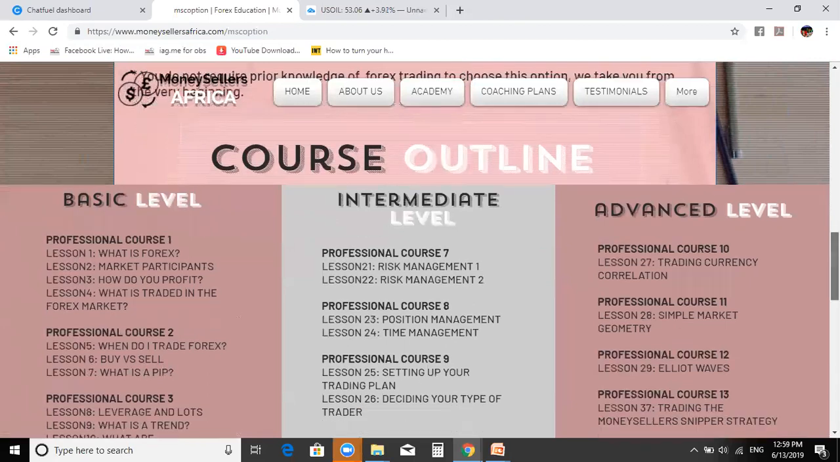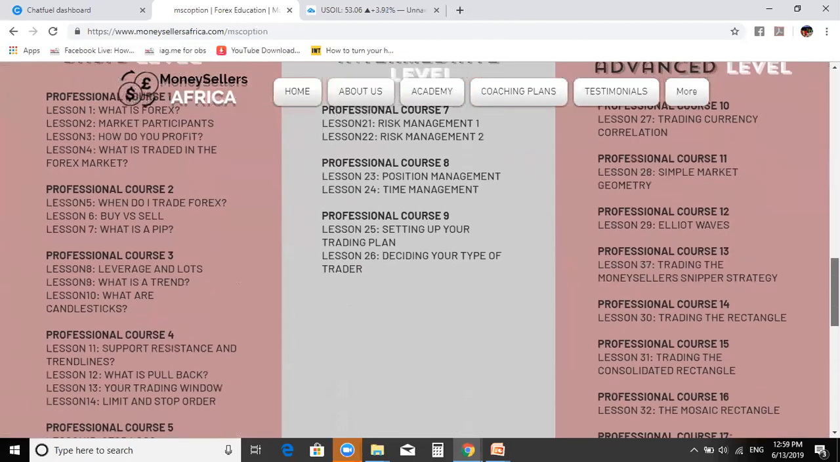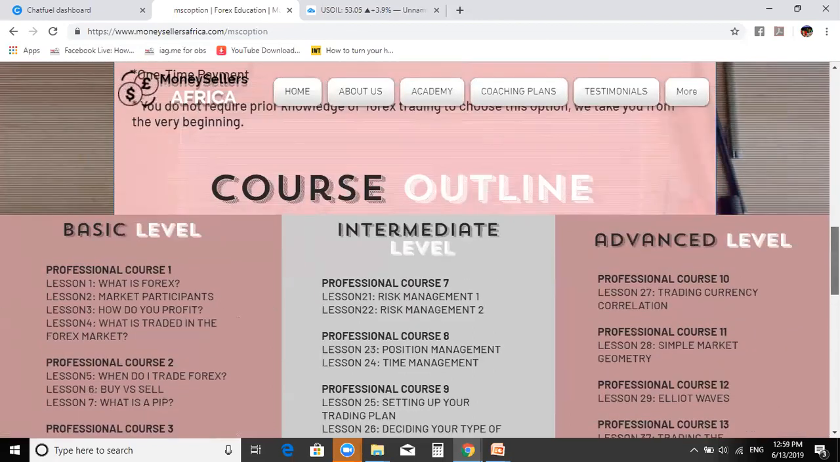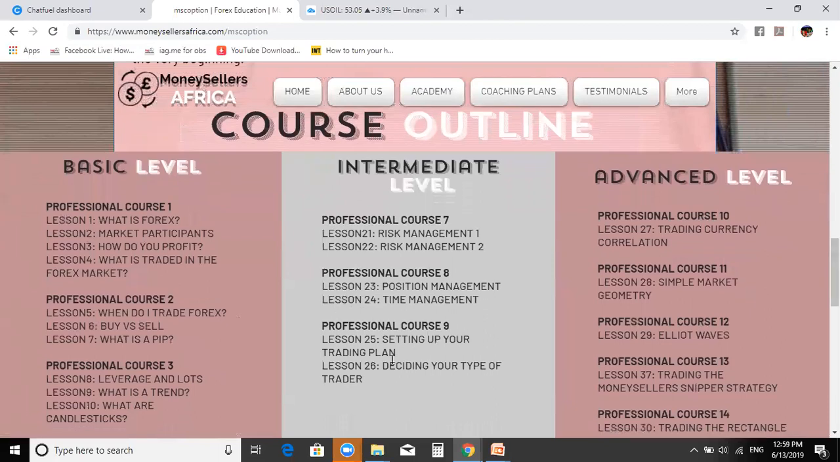How do you calculate your take profit and stop loss? How do you understand your lot size? You know, everything on your basic level. Then you come to your intermediate level. Now, this intermediate level is very important. Why? Because your risk management,